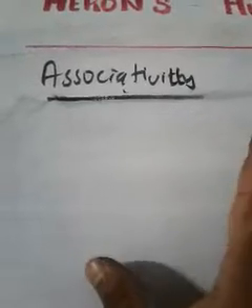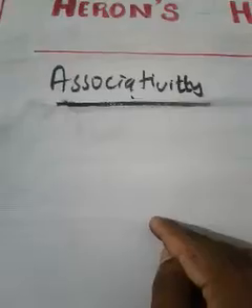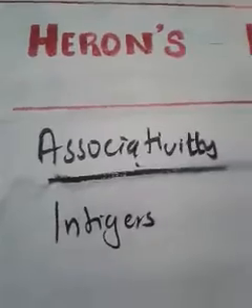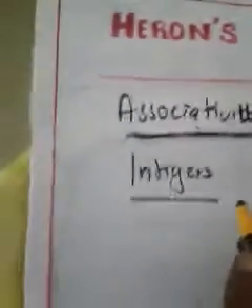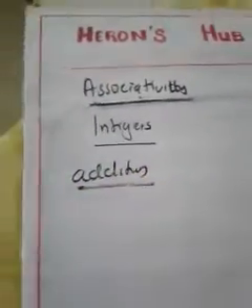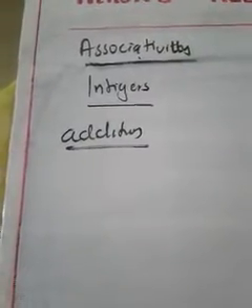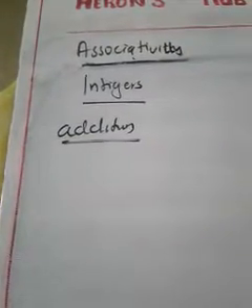Then I'm going to check now associativity in integers. So associativity in integers, let me choose the first operation, addition. So tell me how we can check associativity in integers under addition. Tell me, think.